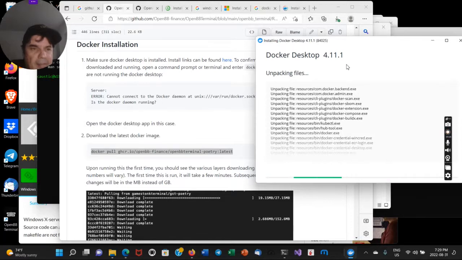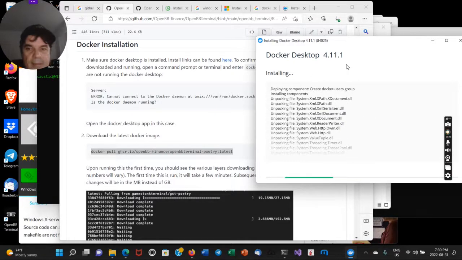Docker is a very popular way to have different environments of Linux. In my case, I'm okay doing it this way because this is specifically for OpenBB and being able to run, as I said, just the Python terminal, the latest version, and it should be a lot easier. This thing seems to be a beast, this Docker. When I had my Mac years ago and I installed